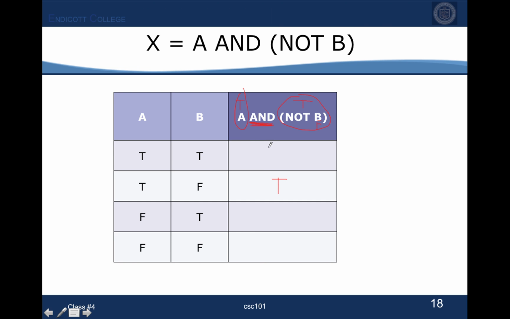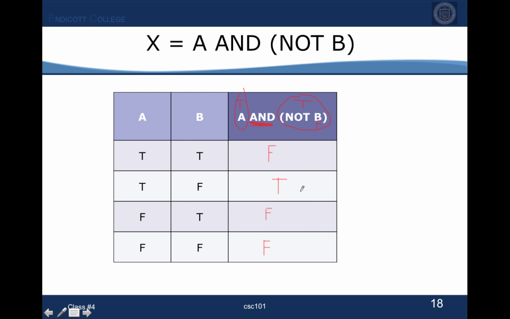So it must be in the other 3 cases in my chart here, I'm going to get false each time, right? Because at least one of the 2 sides of my AND statement is going to have a false in it, right? One of the 2 pieces, or both of them, in fact, in this case, they're both false. But the point being, right,